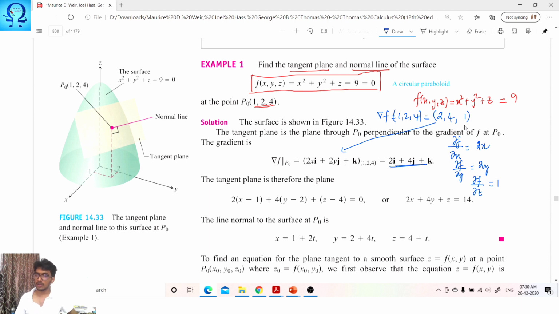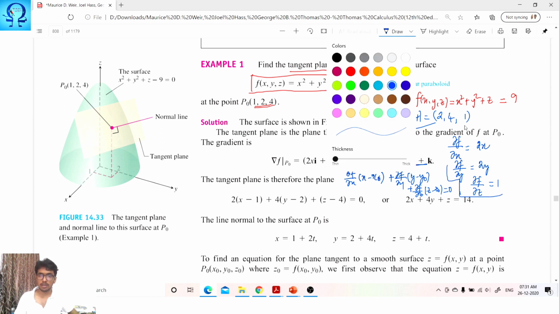So if you write them in the vector notation, you have got your vector, and you can very well write down your equation of the tangent, that is del f upon del x multiplied with x minus x naught. What is your x naught? It is 1 here, plus del f upon del y multiplied with y minus y naught, plus del f upon del z multiplied with z minus z naught, and this is to be equated to 0.